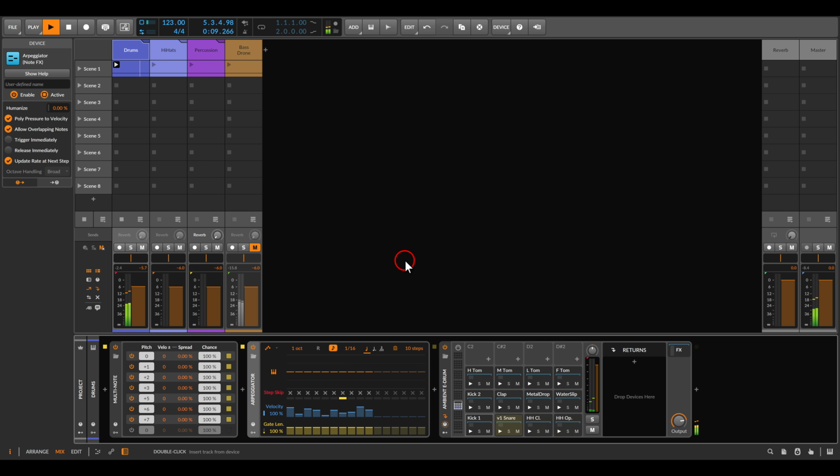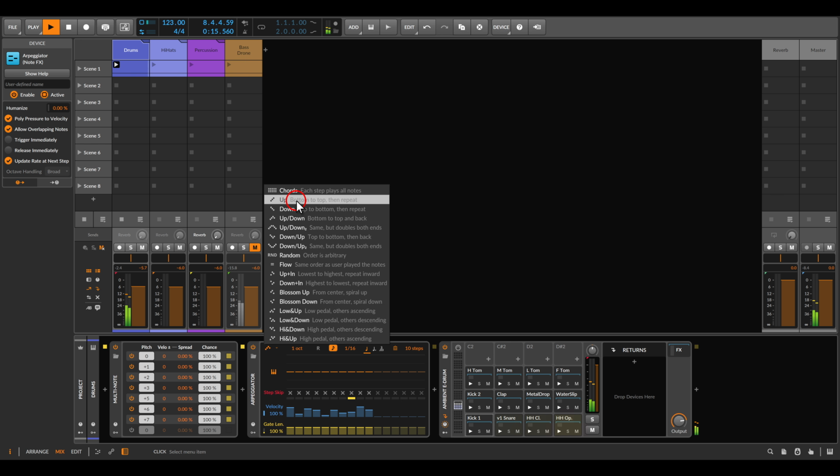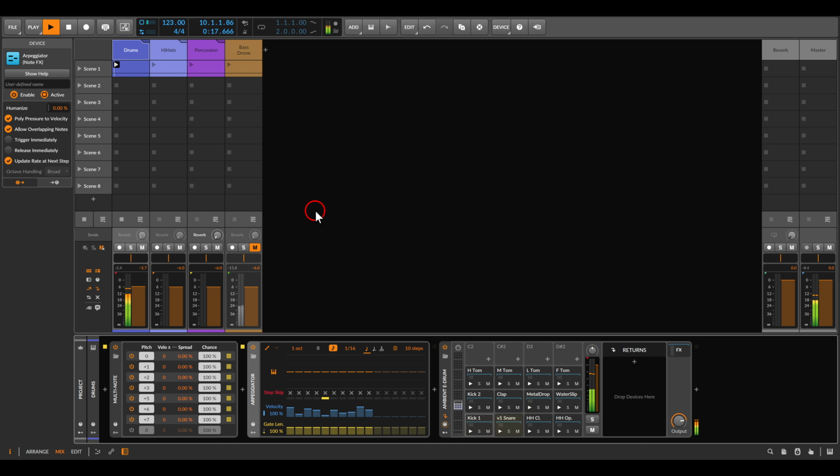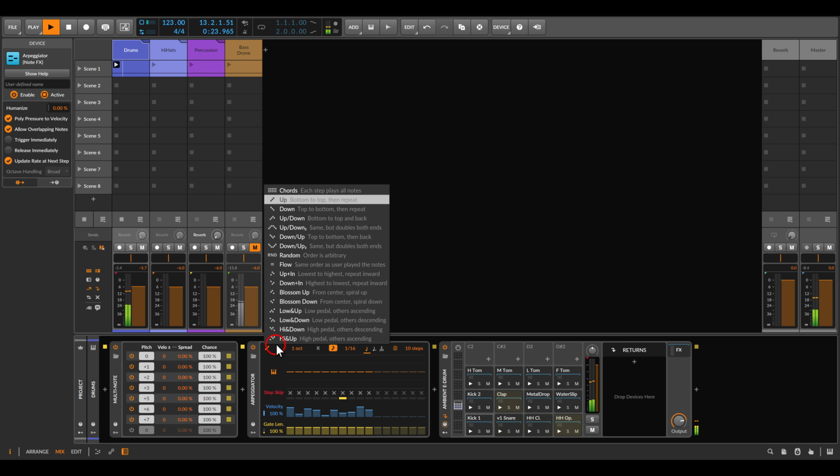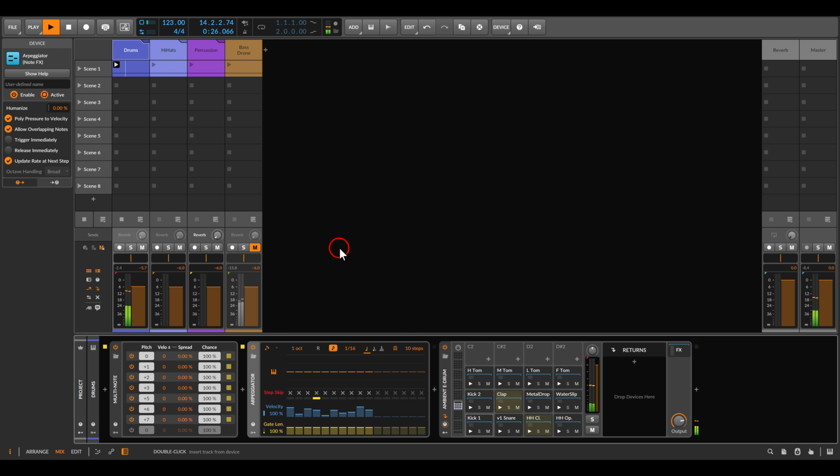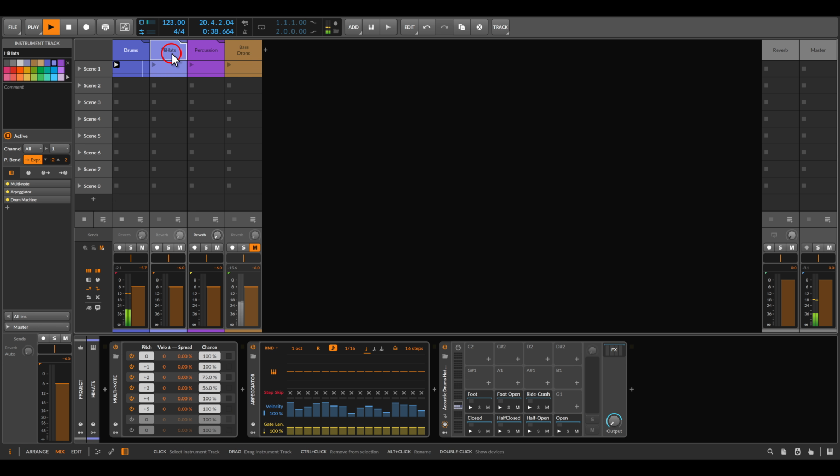Right now, the order of the notes of the arpeggiator will very much change the result, right? So if I change the order to up, let's say, we get a different result, or maybe up in. And we get a different rhythm. Of course, you can resample this and use this as a sample, but this works great also for percussion, like